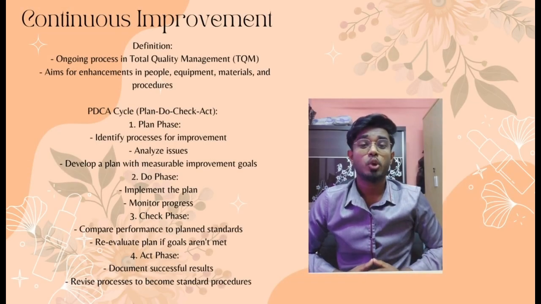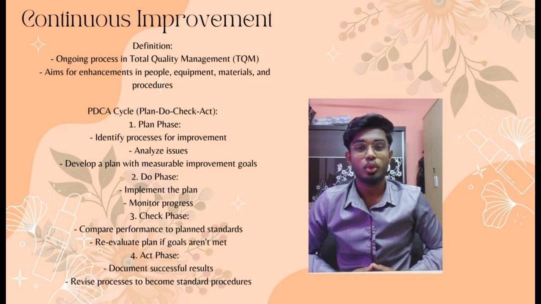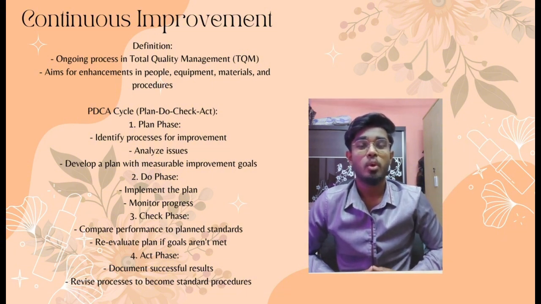The first concept in TQM is continuous improvement, also known as Kaizen or zero defects. It is an ongoing process in total quality management, encompassing engagement of people, equipment, materials, and procedures. It follows the PDSA cycle: plan, do, check, and act, wherein the company identifies areas for improvement, implements plans, evaluates progress, and standardizes successful processes